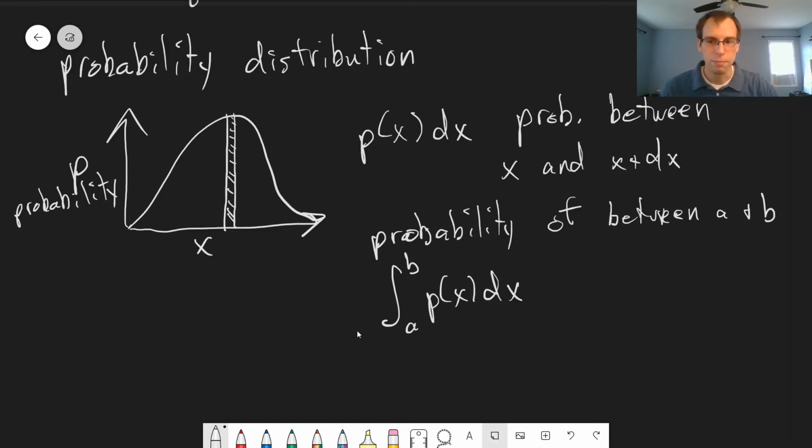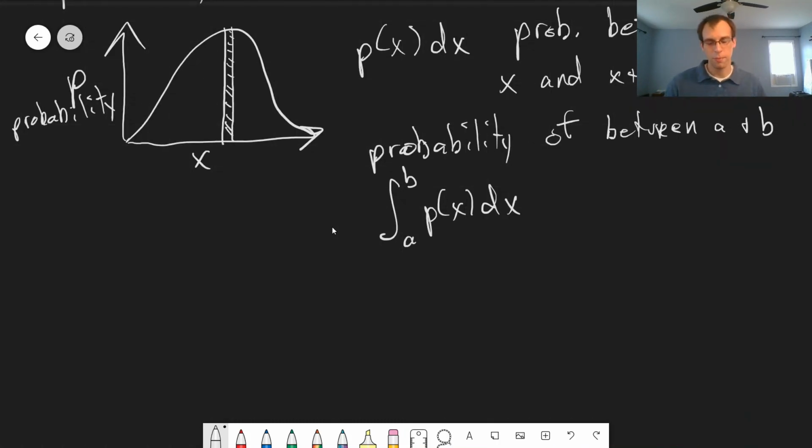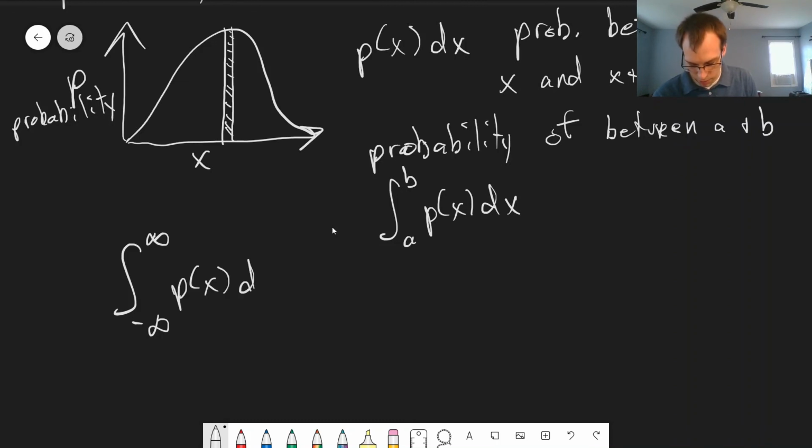One final part of our probability distribution that's going to show up in several places in quantum mechanics: similar to what we saw with the discrete probabilities, if we add up all the possible probabilities, this is also true for probability distributions. If we integrate over all the possible values of x, from negative infinity to positive infinity, of our probability distribution, by definition this has to add up to 1. This property of probabilities is something we're going to come back to when we talk about normalization. We'll explain what that means when looking at quantum mechanical probability distributions. So that's our brief review of probability.